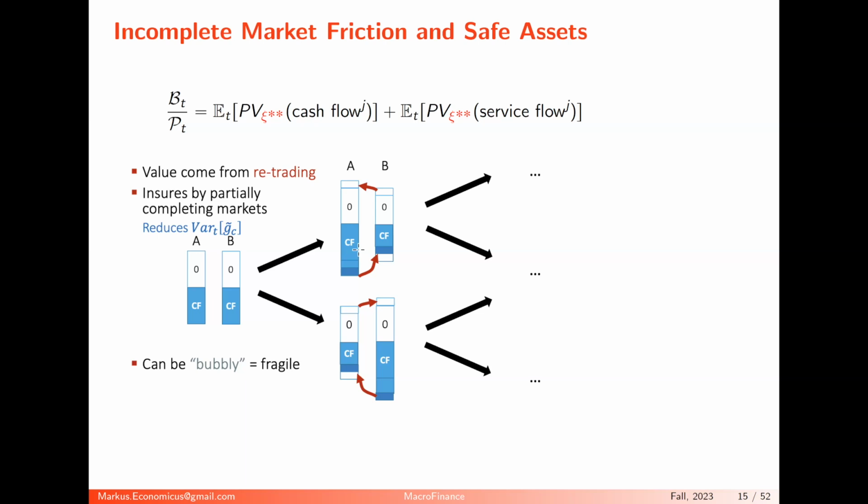If some of your capital stock is destroyed, you use US dollars and buy some physical machines again. It does not fully complete the market, as we will see later on, but it partially completes the market. It reduces the force of the incompleteness. And that's essentially the beauty of this thing. Of course, cash might also overcome the double coincidence of wants problem on top of it. But this we have switched off for now.